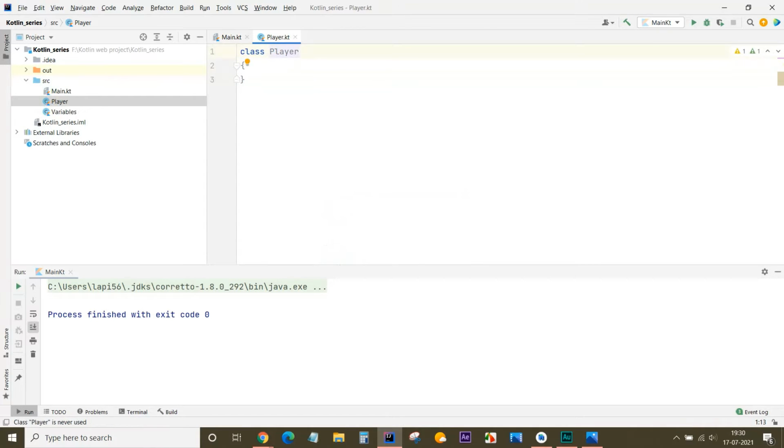We want to create a primary constructor for this class. We can create a primary constructor for the class by adding parameters to it. What are the parameters? For example, a player contains a name.